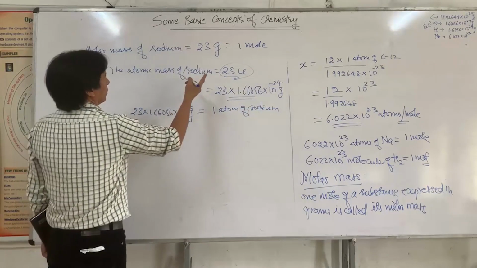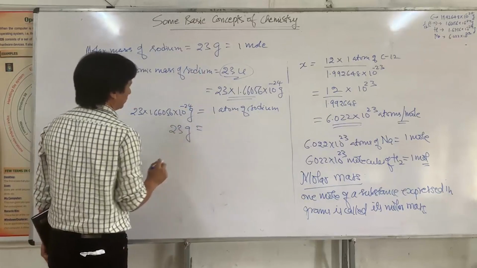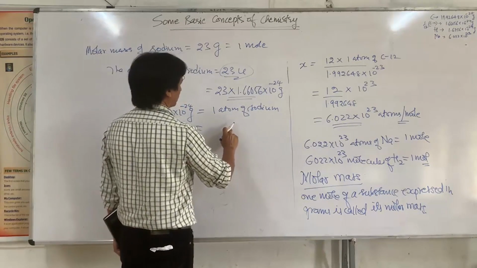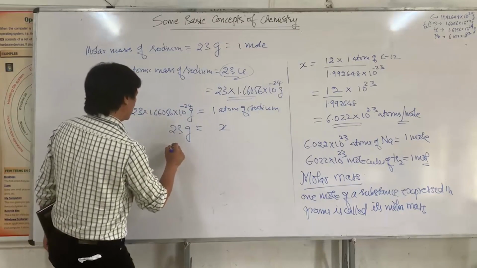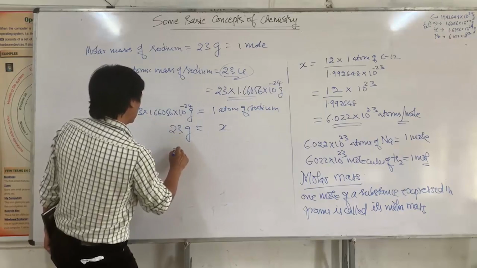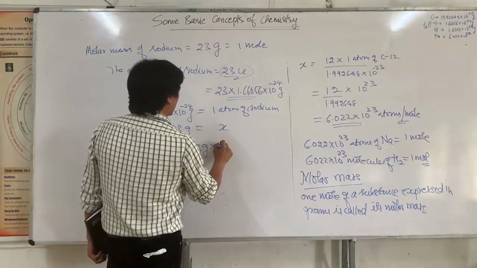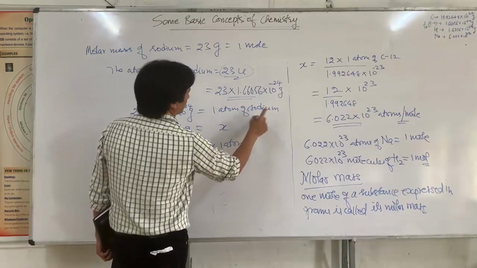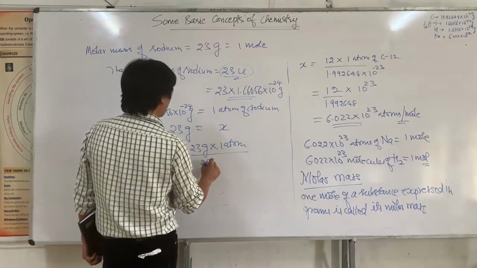Then when you take 23 grams of sodium, what is the number of atoms here? You put X, and you just cross multiply. X is equal to 23 grams into 1 atom of sodium, divided by again 23